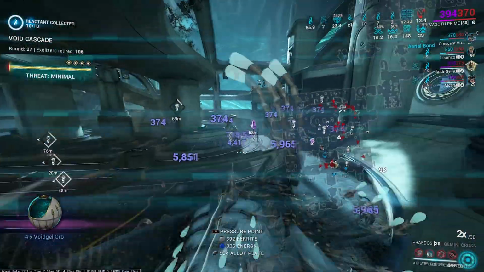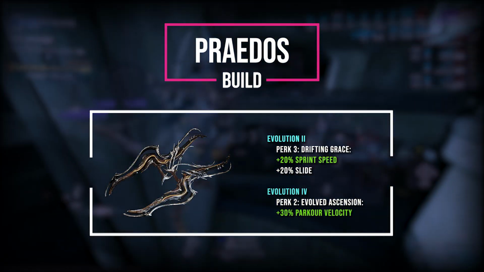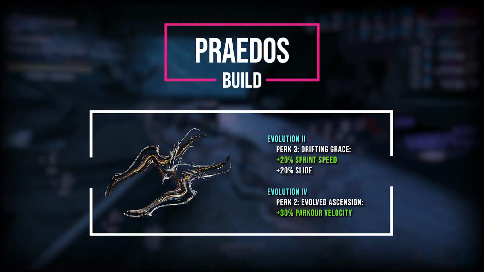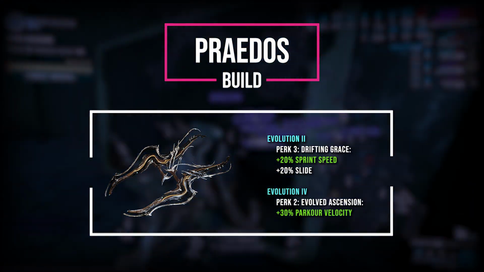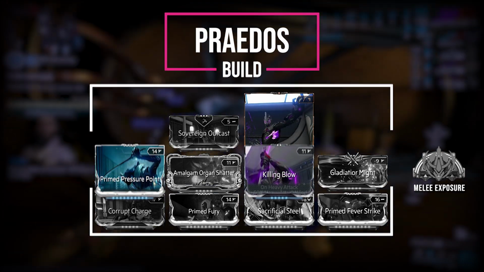While you can take any melee you want, our choice is Praedos for Evolution 2 Drifting Grace, which grants sprint speed 20%, and Evolution 4 Evolved Ascension for parkour velocity 30%. In the Exilus slot, we use the Focused Defense to increase the auto block angle,